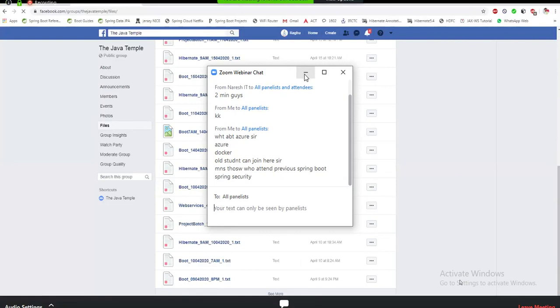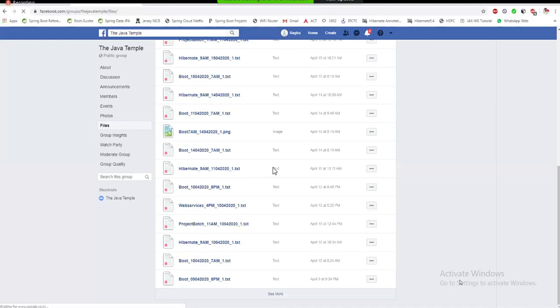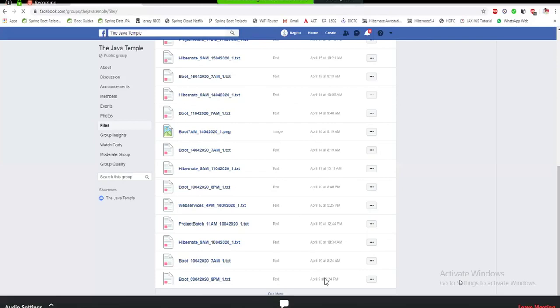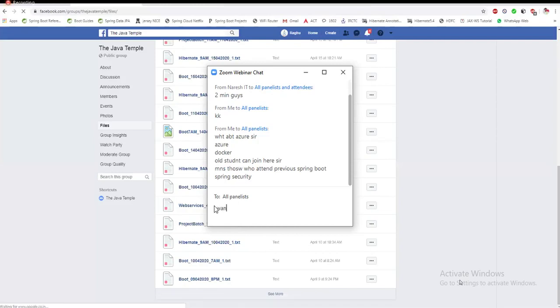Yeah, Spring Boot security is covered, not Spring security. Yeah, notes will be shared on the Facebook group. From there you can take it. To learn microservice, Spring Boot knowledge is mandatory.